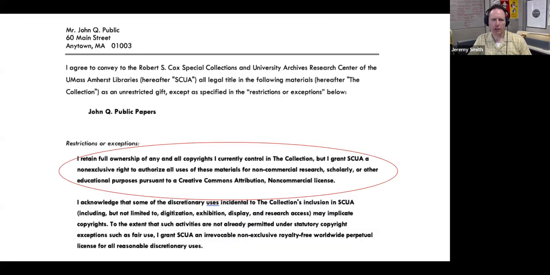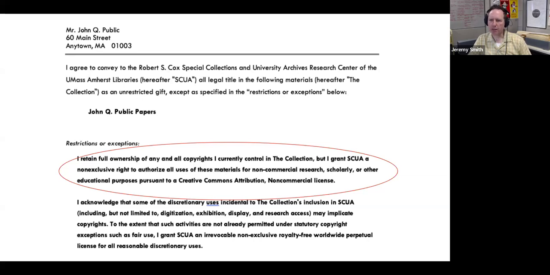And one thing when negotiating with donors of archival collections or any kind of donor, it's a great opportunity to offer the option of assigning a CC license to facilitate wider access. Some donors still want to control their copyright exclusively. Photographers are generally good examples of this, which is fine. But when Creative Commons is explained to donors, they're philosophically aligned with its goals. And this language could be incorporated into a deed of gift. And that's what I'm showing here.